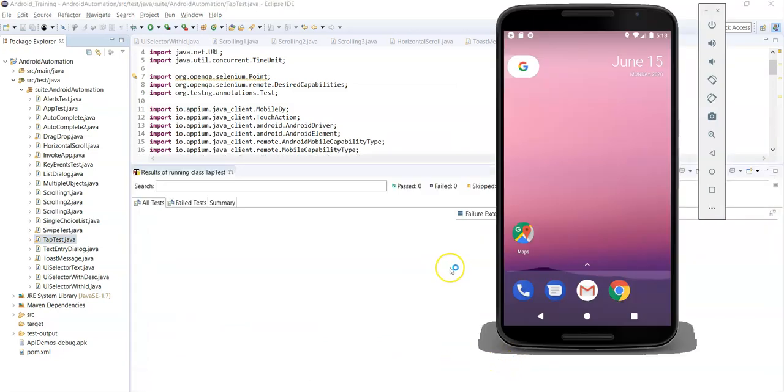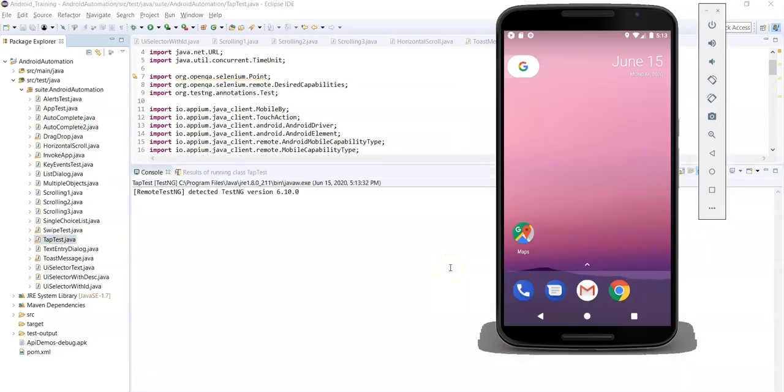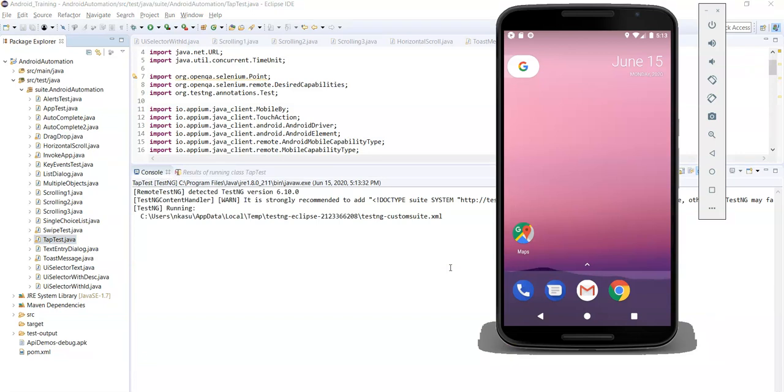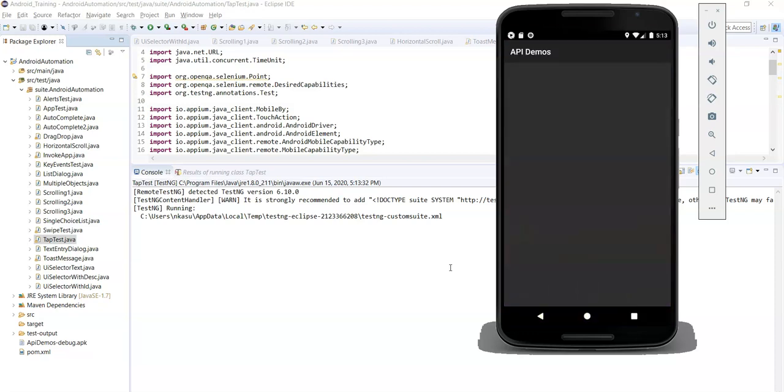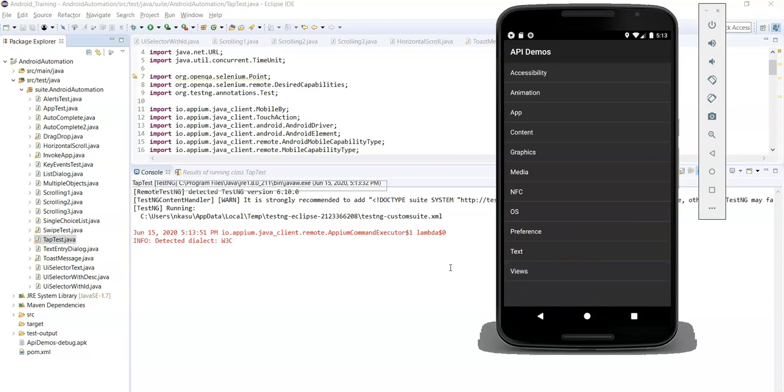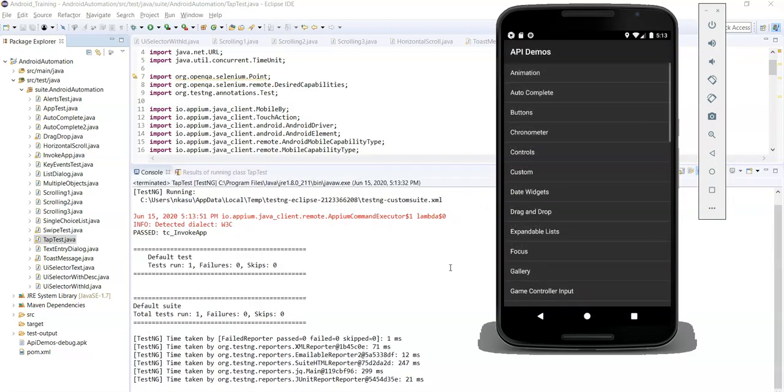Now you can see whether it is tapping on that element or not. See, it has tapped on Views, right? Tap action has been performed on Views name and navigated to the Views screen.